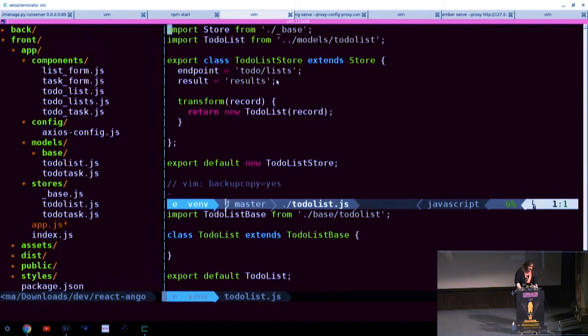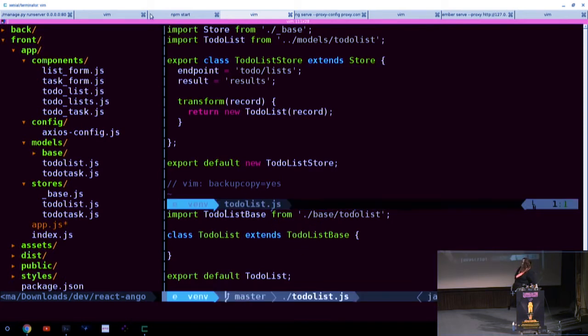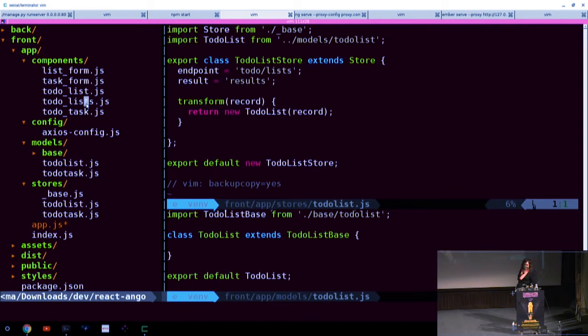So this here is what is being created by this export. It's been exporting everything from my backend. It has created this file here, to-do list, which imports from to-do list. And now in my components, if I go to the to-do list component here,